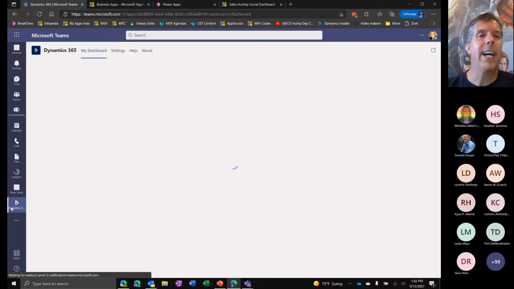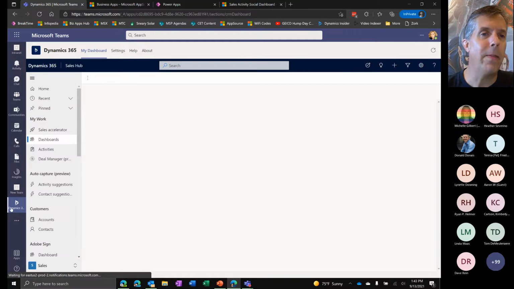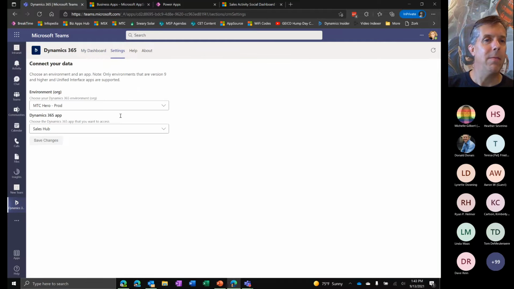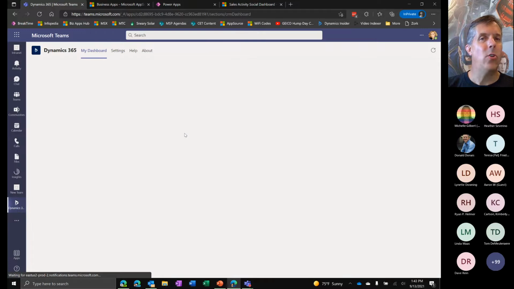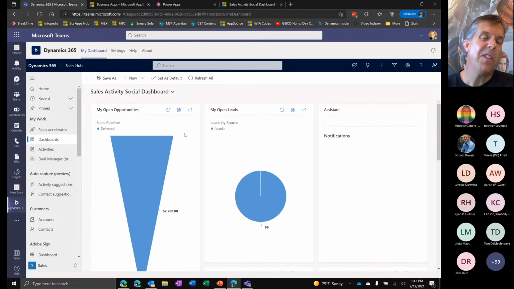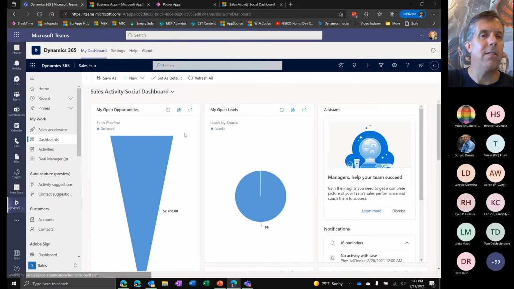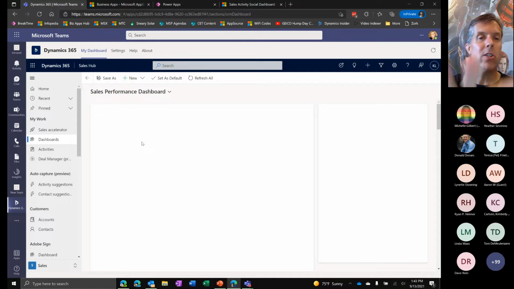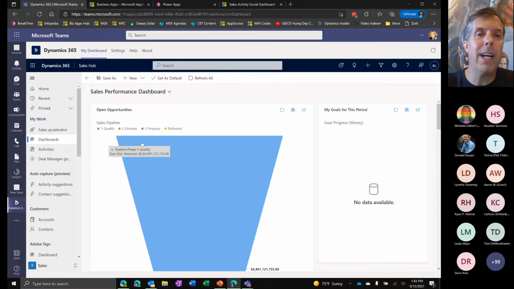So if you actually clicked on the Dynamics 365 app in the app list, not only can you come in here and set some of these settings for what is the standard environment and app that people would typically connect up to, but as a user, I can actually come in and say, well, what is the typical dashboard I would like to look at, so that I could see the sales activity dashboard or the sales performance dashboard, or which kind of graphical representation of my look at the world from a Dynamics perspective is the most relevant one for me in my work.